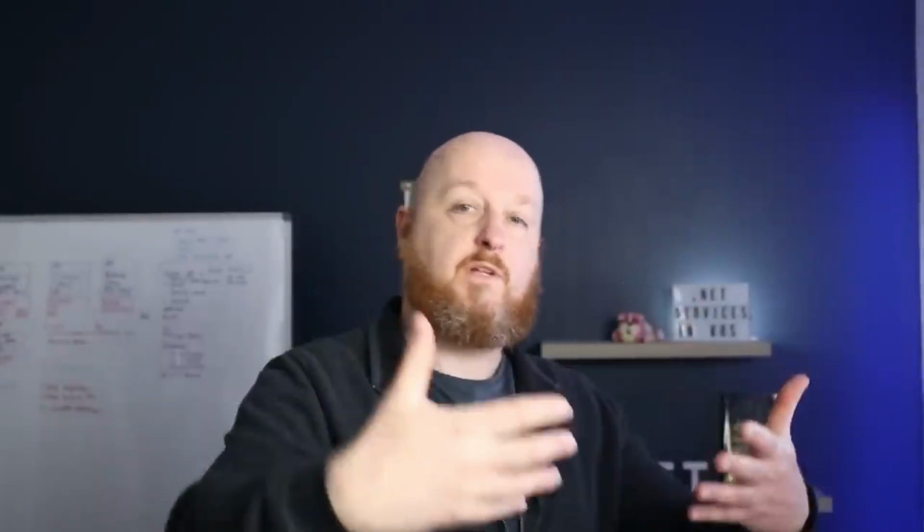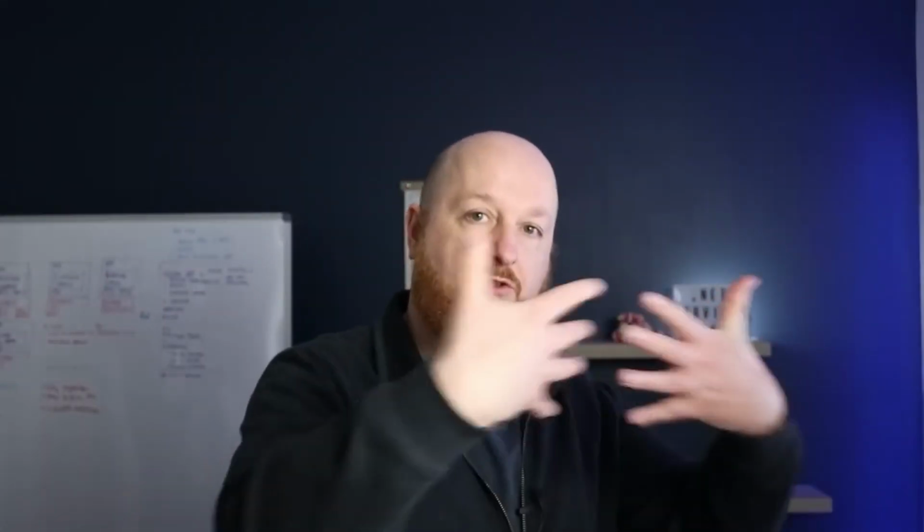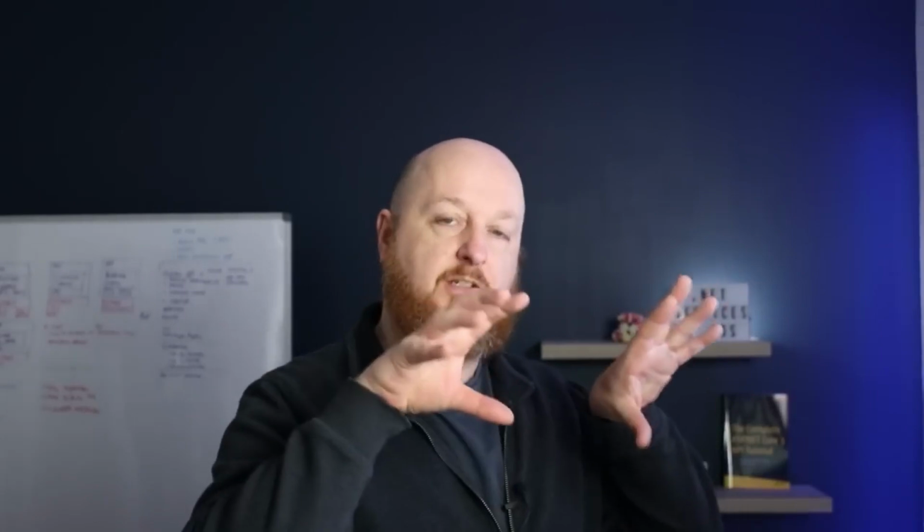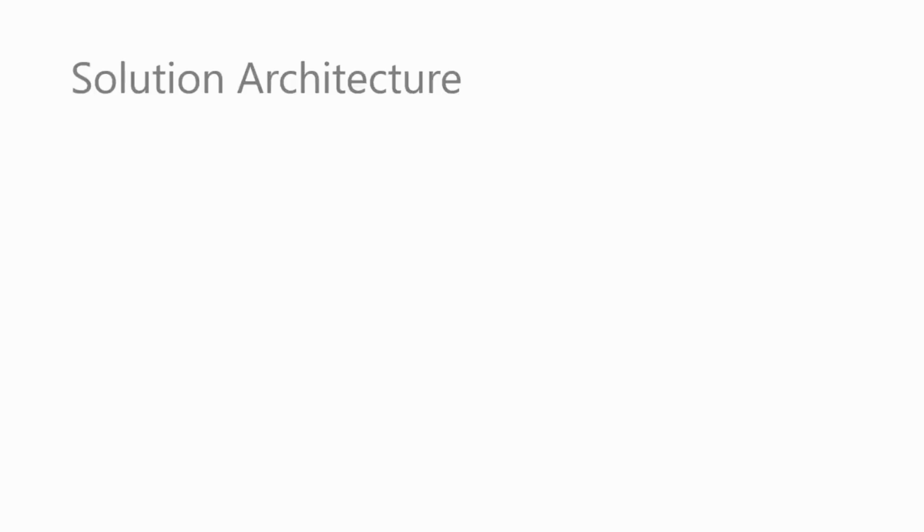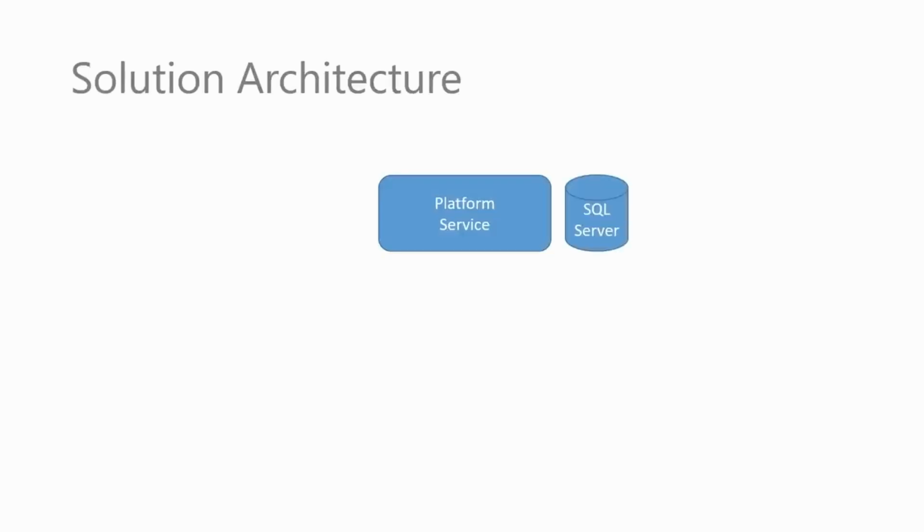All right, so let's come on and take a look at our overall solution architecture. This is the 50,000 foot view of what we're going to build. Now, this does not reference Kubernetes or any Kubernetes type objects just yet. When we come on to doing Kubernetes, I overlay all the Kubernetes concepts on top of this view. So this one is abstracted away from that, and it's really just the components that we're going to build or use. With that being said, the first service we're going to have is our platform service. It will have its own SQL Server database, and together that forms the entire microservice.